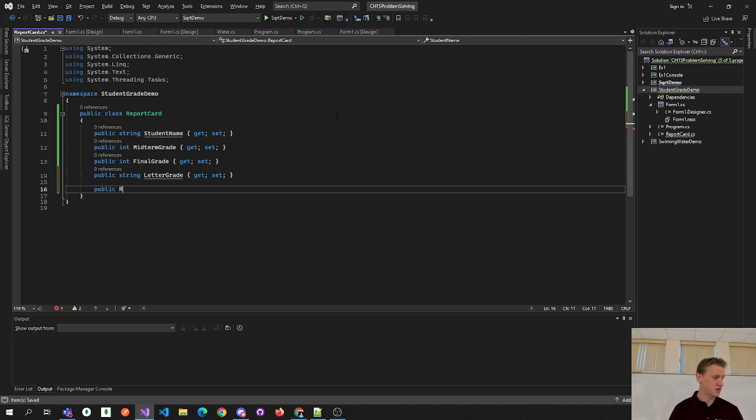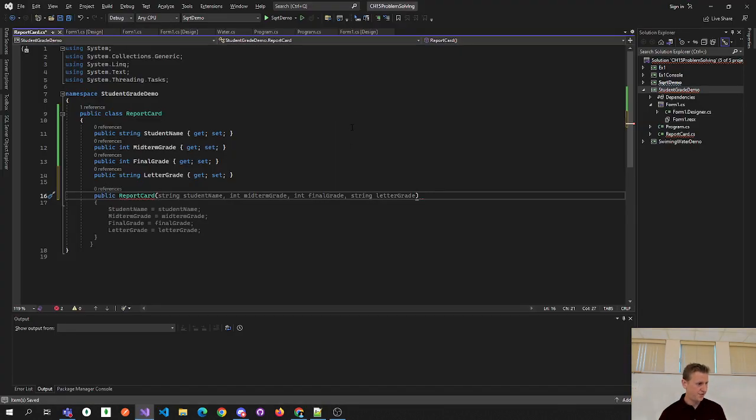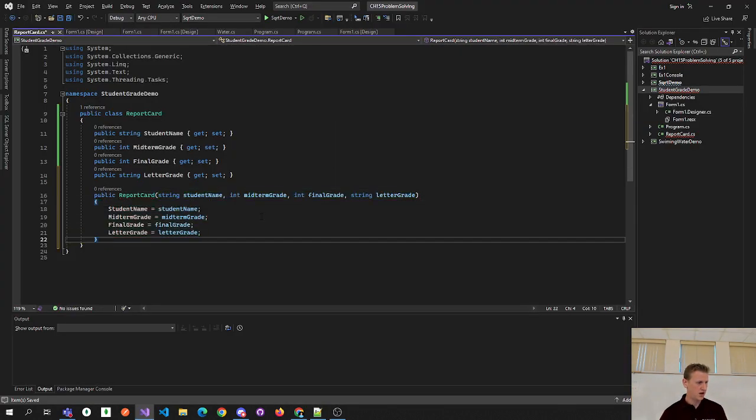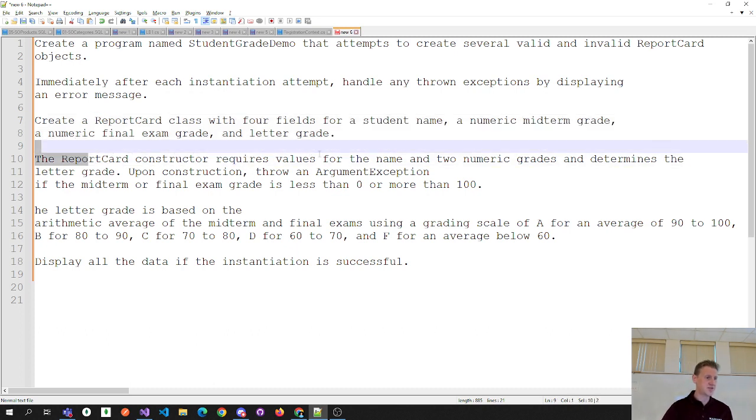Here's our constructor. It takes in the 4. And wow, that's pretty savvy. Visual Studio takes in 4 inputs and assigns it to the set blocks of our auto-implemented properties. And let me just glance at that a little more. That looks good. The report card constructor